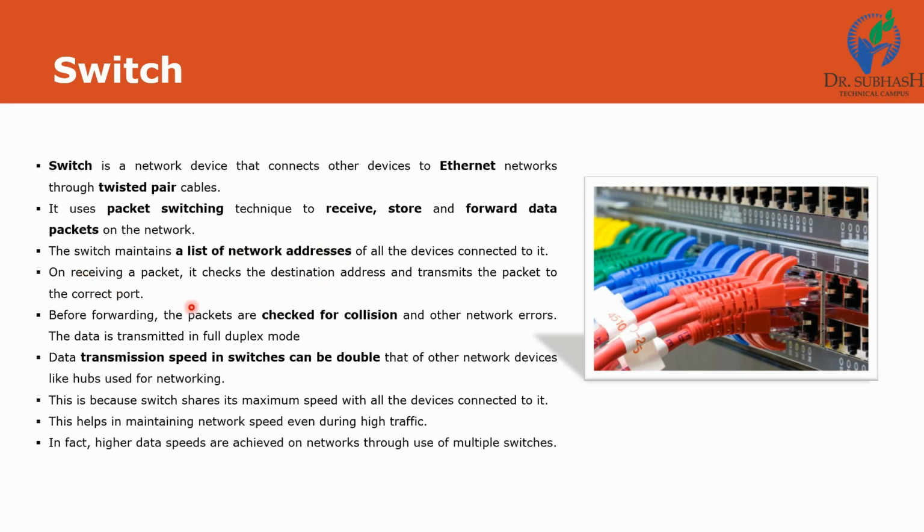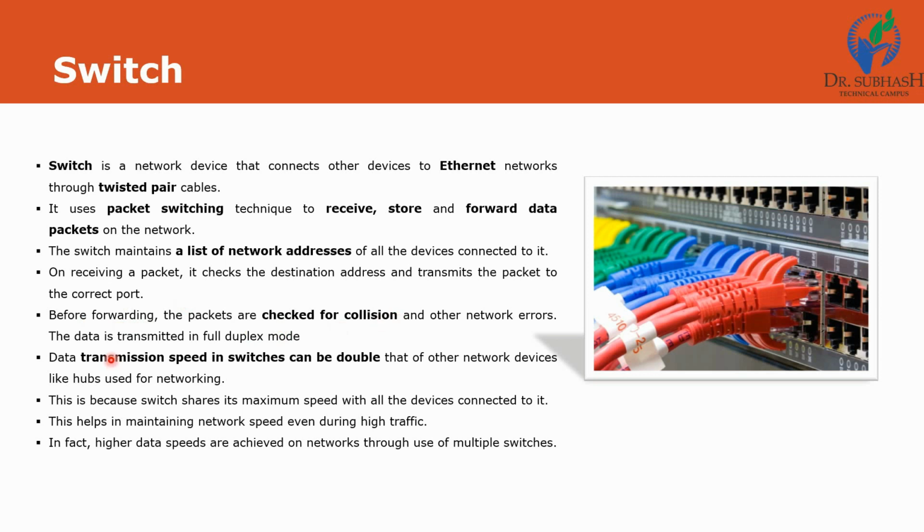After receiving the packet, if a perfect transmission is possible, then it will send acknowledgement. Before forwarding the data, it checks for collision, CSMA-CD, and second one CSMA-CA. It checks for collision, and if there is no ambiguity or collision on the network, then it will transmit, then it will send the data.